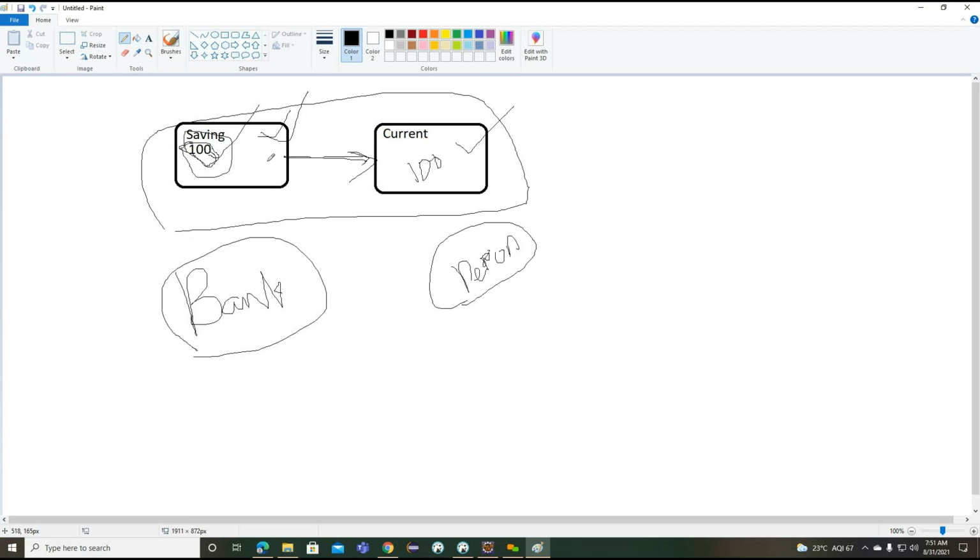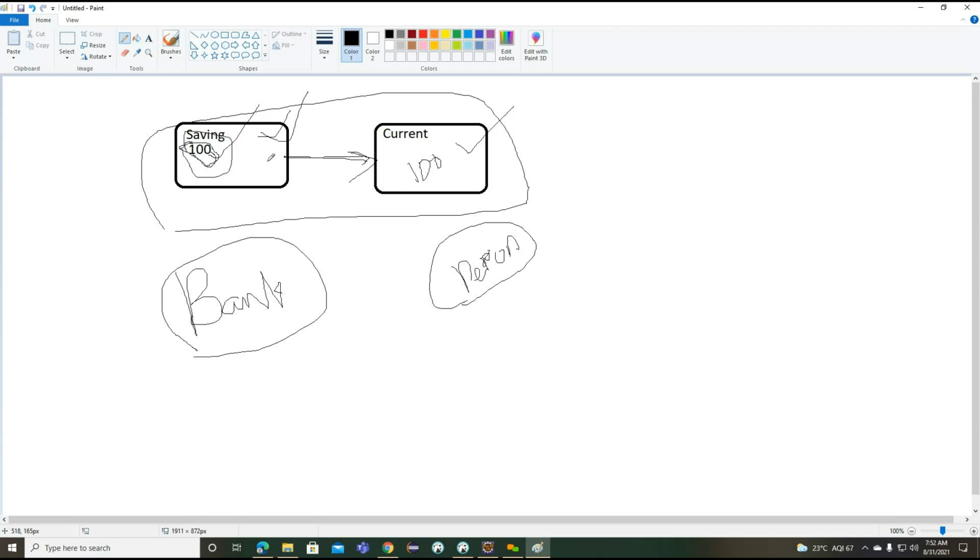While moving the amount from the saving account to the current account, if anything happens here, we need to roll back the data. Whatever amount we took from a particular account, we need to return it back to the same account. Getting the point? If we are not doing this, we cannot implement the business we are expecting, so we are going to lose our business.